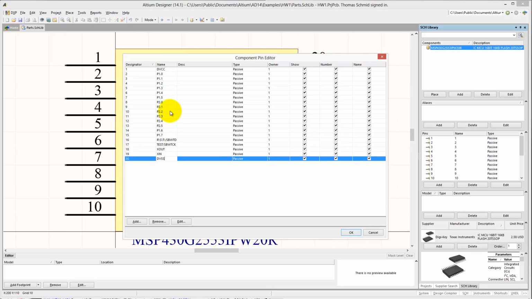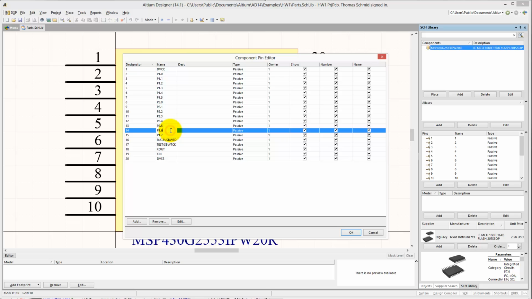Okay, now we could add a lot more descriptions to this, and we could set them to different types to have the different properties of these I/O lines, but this will be good enough for what we want to do, except the things that I will go and change is for P1.6 that this is UCB0SCL